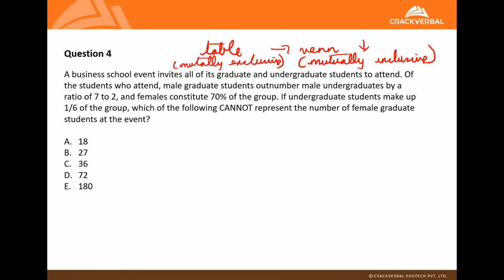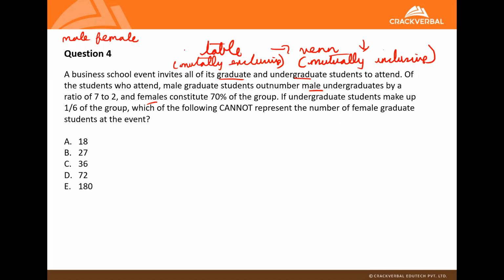So here what I have is exclusive quantities which are graduates and undergraduates, right? And I also have two other exclusive quantities which are male and female. So as soon as you see a question where you have four quantities like this, male and female, and graduates and undergraduates, and all of them are mutually exclusive. What I mean by mutually exclusive is you can't have an intersection between the two. A male can't be a female, right? A graduate can't be an undergraduate, isn't it? So when you have quantities which are mutually exclusive, you always represent the quantities in the form of a table,